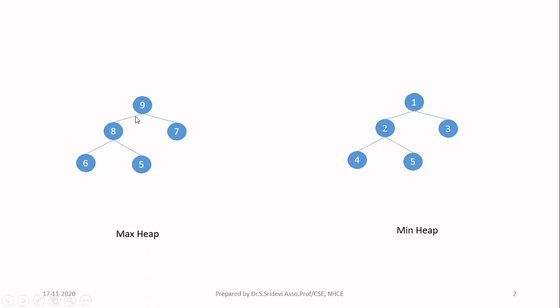Now you have to check the second property of the heap. This is an example for max heap. That means the root node of any subtree will have a value greater than or equal to its children. So here 9 is the root node. It has two child nodes, 8 and 7. Okay, so now 9 is greater than 8 and 7, so it is correct. Then you check the next subtree also. 8 is the root node of the next subtree. It is greater than the children, that is 6 and 5. So it is following the rule for the max heap.